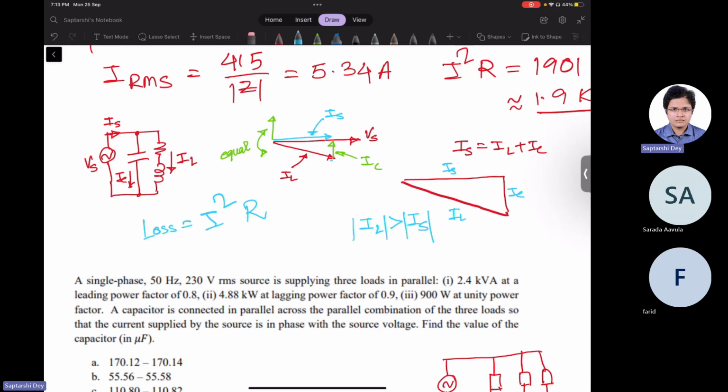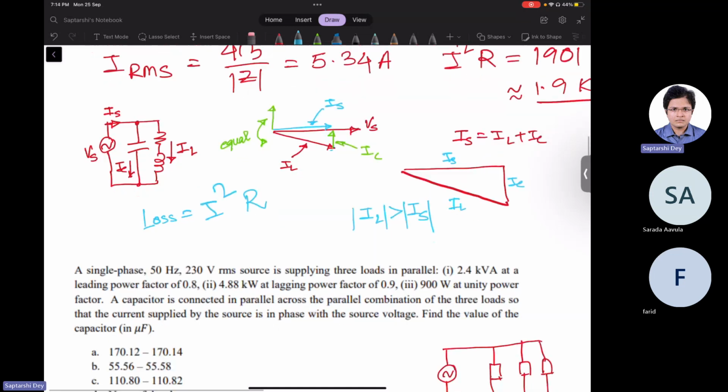Loss is I squared R. So at the very beginning, when we did not have the capacitor, we were encountering much higher resistive loss. After putting the capacitor, our power factor improved. We are now supplying the same power, but at lesser current. Hence, the power loss encountered by the system is reduced. So this is why we want unity power factor, and this thing is called